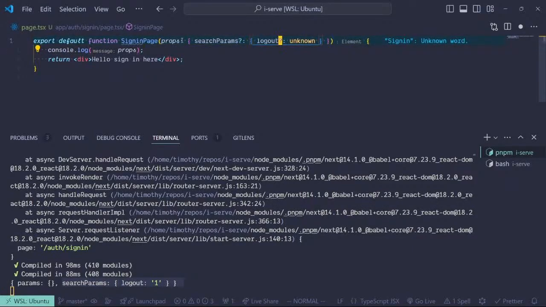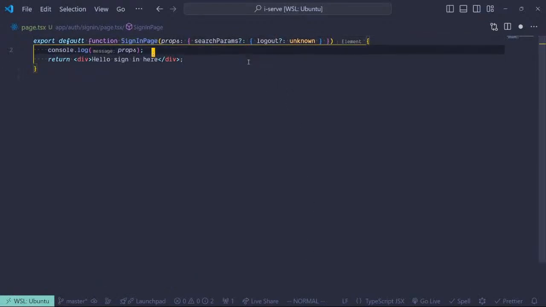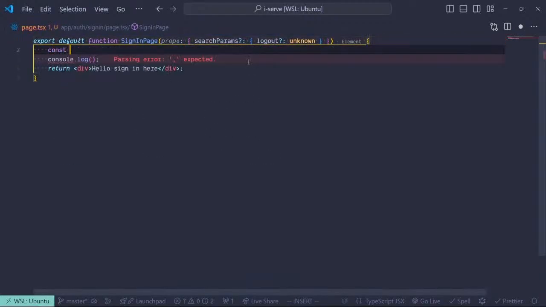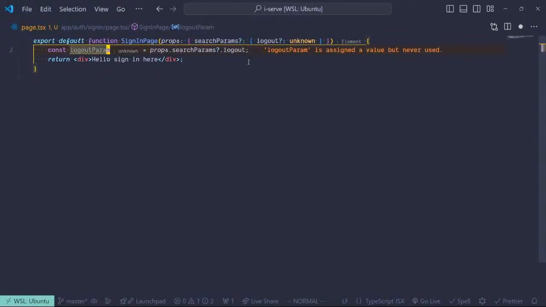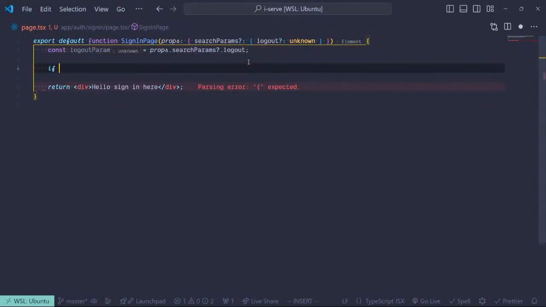Logout also can be there. Yeah, it doesn't matter. Right, so what we want to do is check this logout param. If the logout param is, let's say, 1,